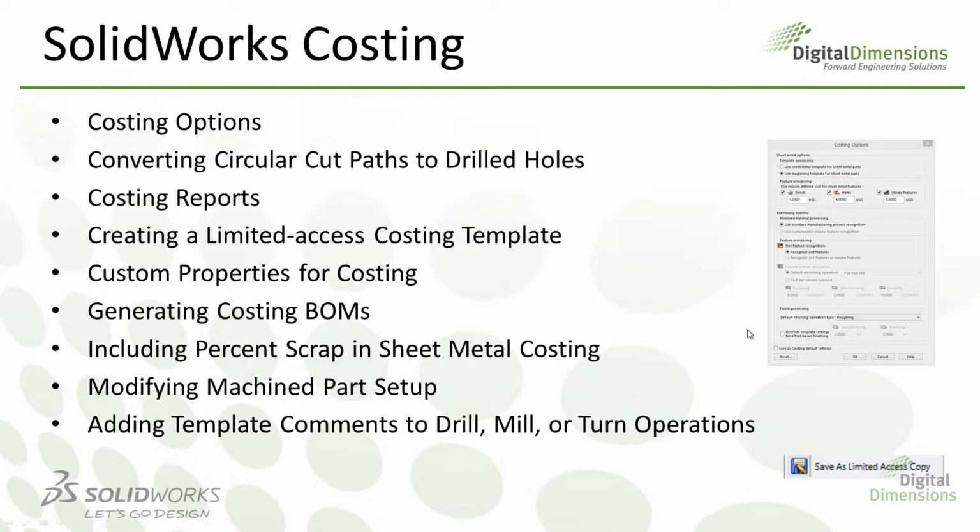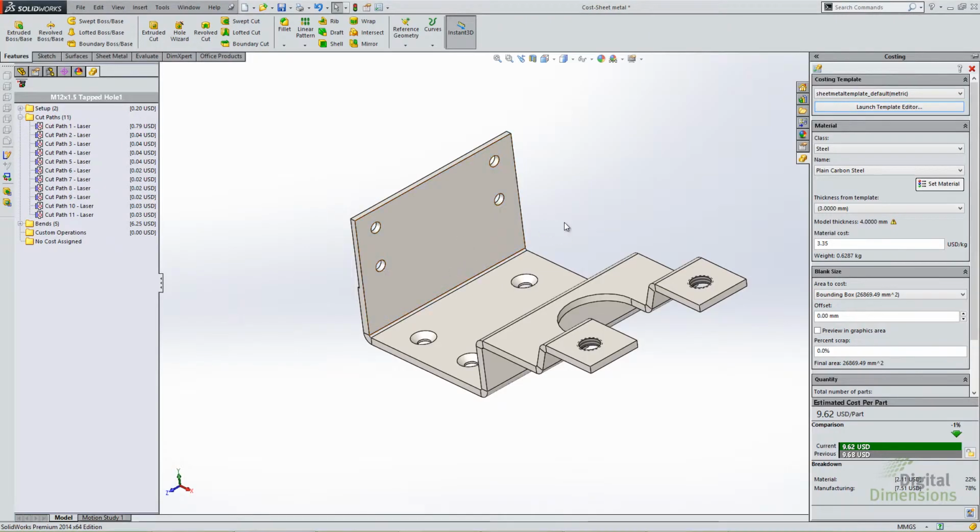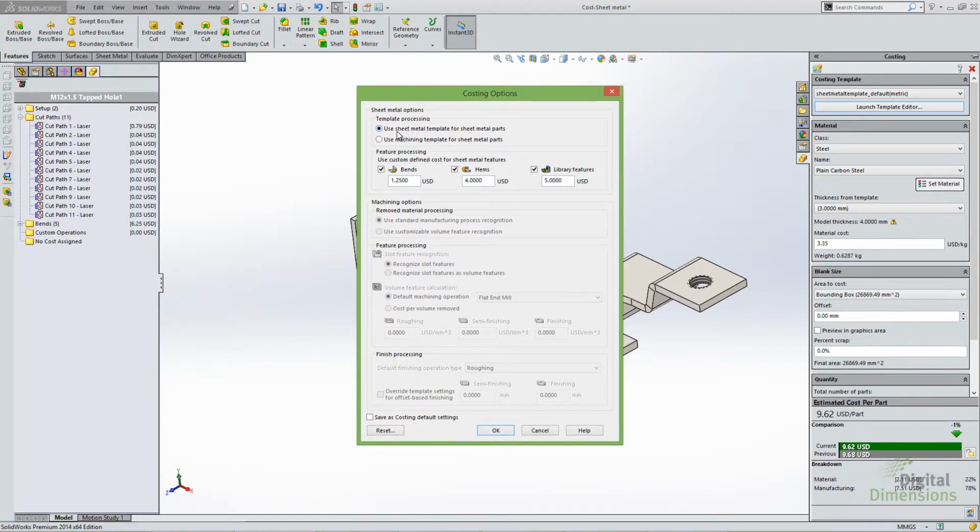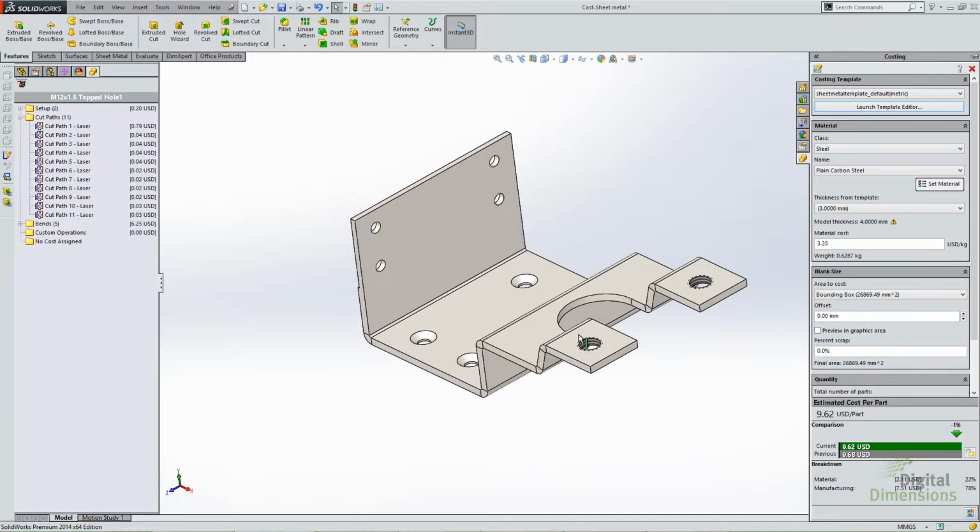Alright, so working our way down the list, the next one is including percentage scrap in sheet metal costing. This is specific to using sheet metal templates. So make sure again that you're specifying sheet metal templates. Also make sure your costing options are set to use sheet metal templates for sheet metal parts. But when you have those things defined and you're using sheet metal templates, you'll have an option here under blank